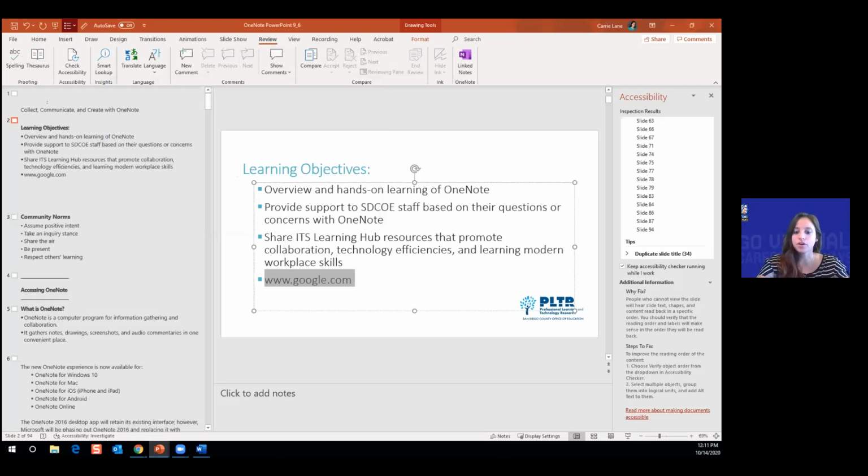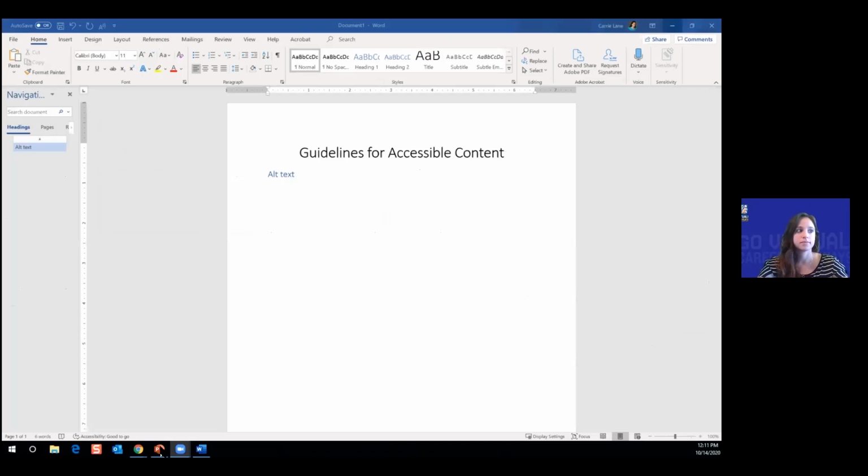So those are some considerations for Office 365. I want to take a pause and see if anyone had any questions to put in the chat. Doesn't look like there are any yet. No? Okay. Great. So let's move in now